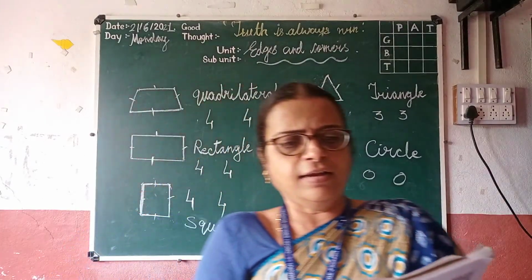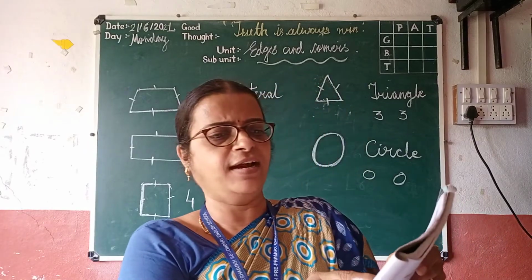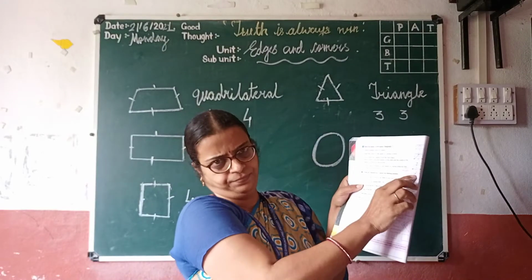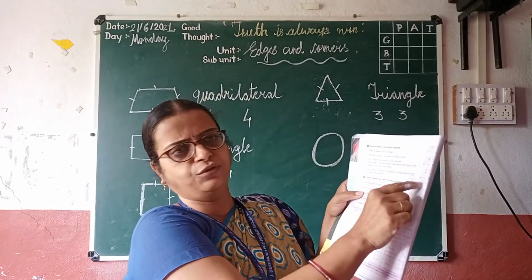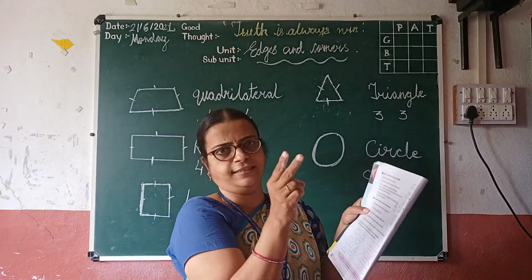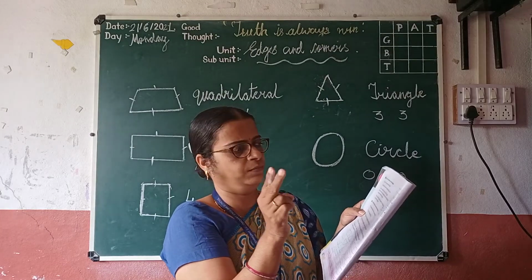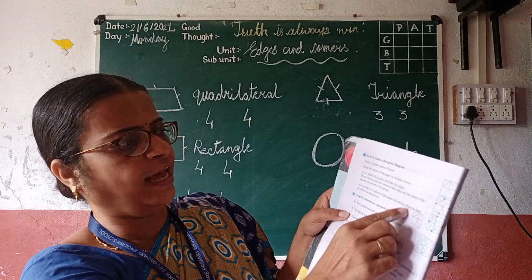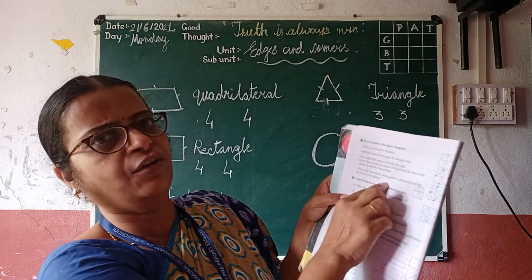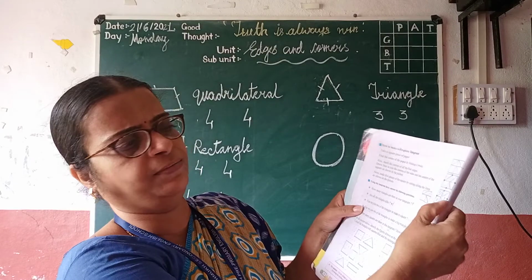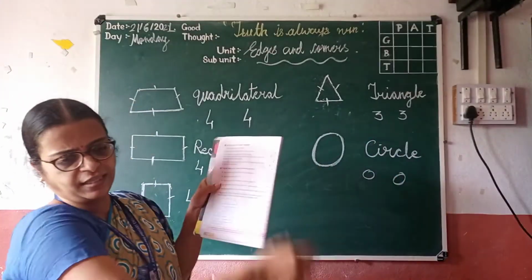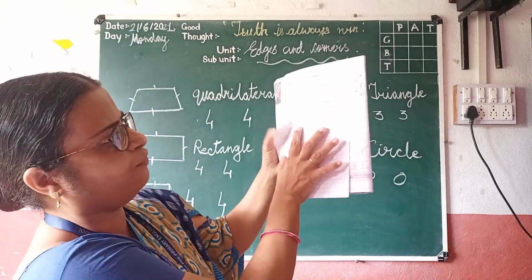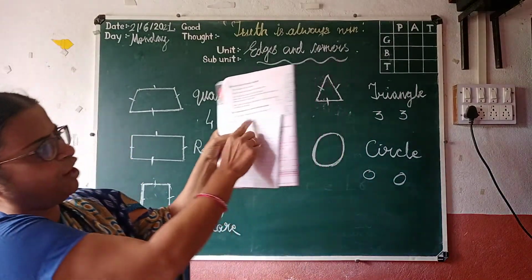Then now make 5 pieces of the square by cutting along the line as shown in the picture. So you have to draw this type. If you draw this, then you cut it. You do it at home. Make 5 pieces of the square by cutting along the lines as shown in the figure. You have to draw this picture in the page. I have drawn it this way. See here, same way as they had shown. We have to draw it.